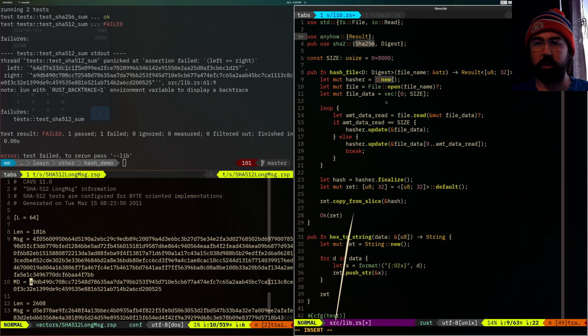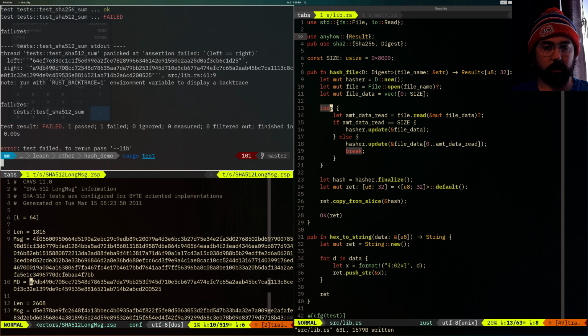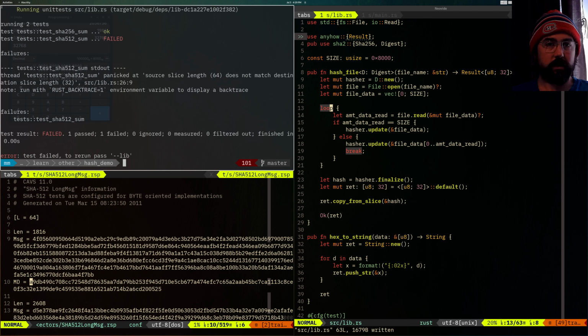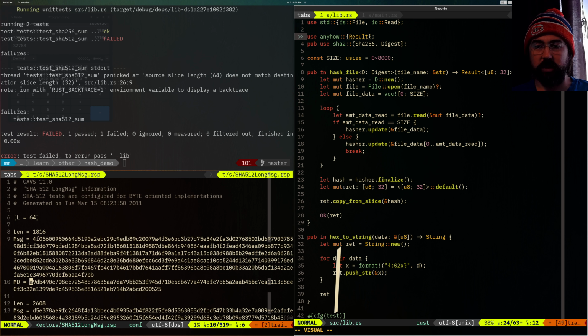And I want to use a D here representing the digest type that we passed into the hash file function. So what happens if I cargo test this? Still failed. And that is because it's panicking. It's panicking because I am using an array of only 32 bytes in length, but